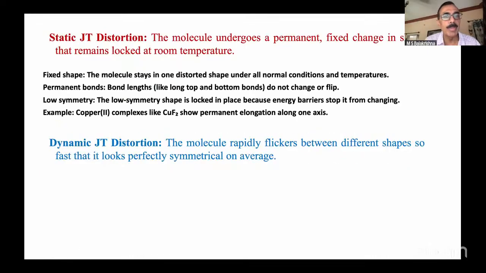Okay, and then the low symmetry shape is locked in place because energy barriers stop it from changing. Example, copper complexes like CuF2, which here is octahedral. Copper(II) shows permanent elongation along the axis. This shows tetragonal elongation. And in some cases we come across tetragonal compression, in case due to the solid state